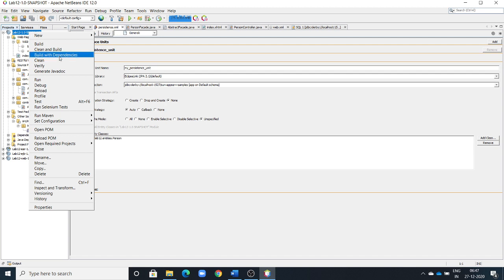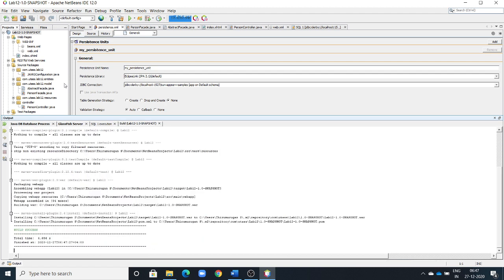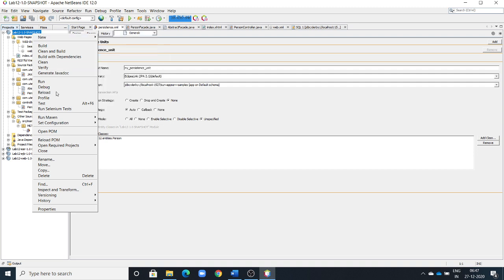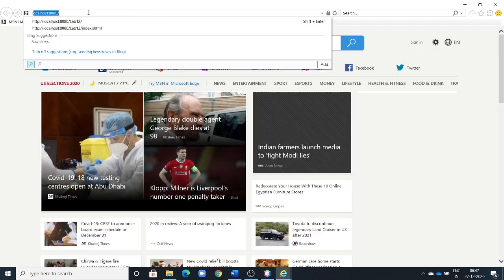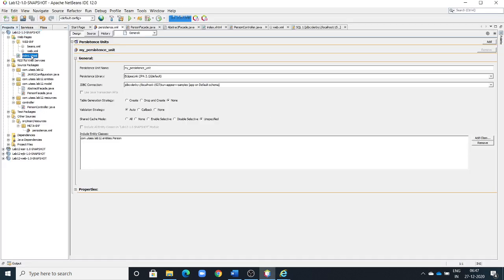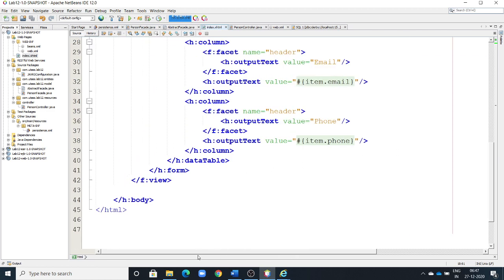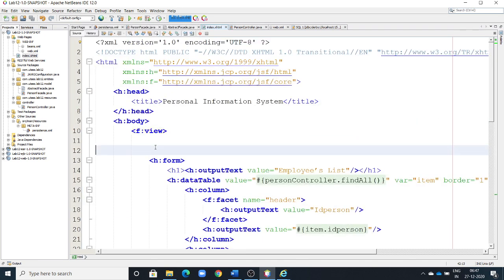Still the warning is there. Check. Suppose if there is any error here also it may show. Yes, it is correct.